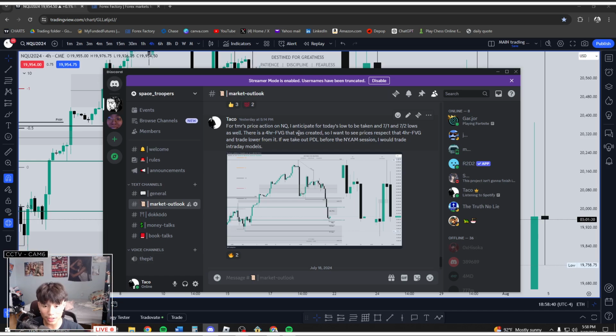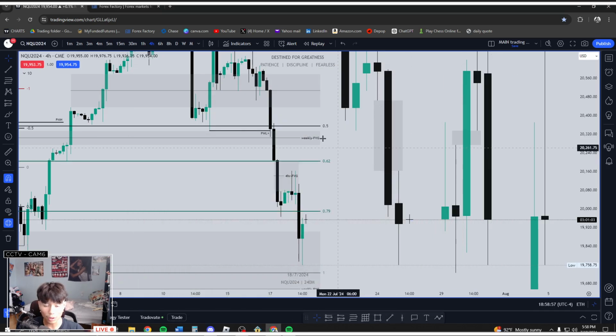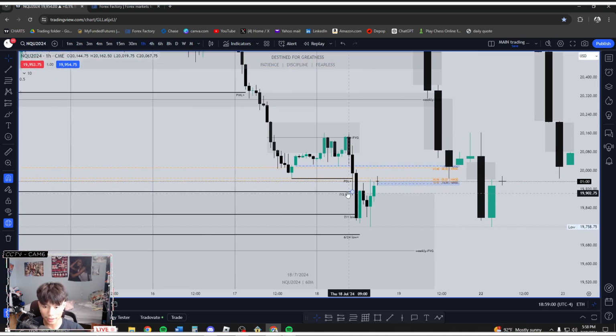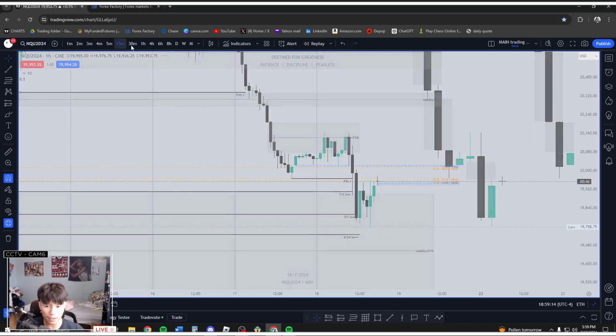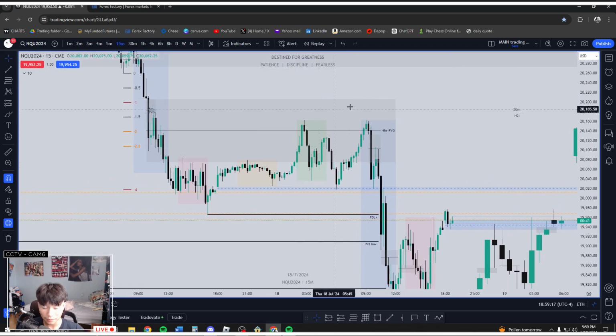There is a 4-hour FVG that was created, so I want to see prices respect that 4-hour FVG and trade lower from it. And notice how I noted I anticipate for today's low to be taken, and July 1st and July 2nd lows as well. I'm anticipating that July 2nd's low gets taken and July 1st's low gets taken. And I note here, if we take out previous day low before the New York AM session, I would trade intraday models. So coming into the New York AM session, actually, we still haven't taken out previous day low yet